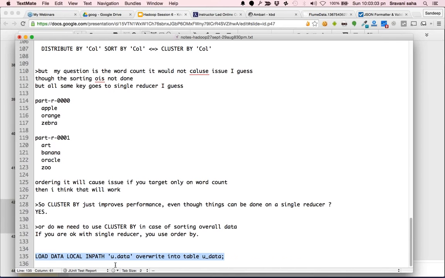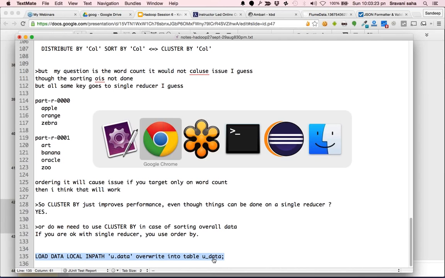say this. Okay, notice these keywords local and then overwrite. Local means we are trying to load data from local, and overwrite means whatever data is there in u_data will get overwritten. If you remove this overwrite, the data will be appended to the table. Okay,